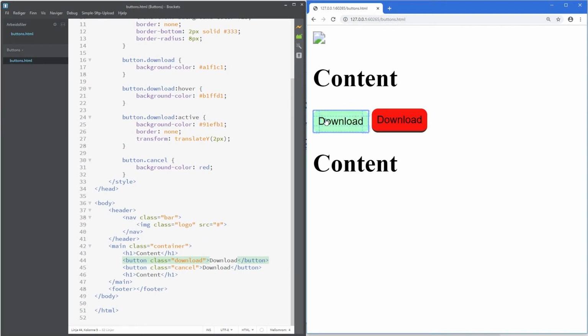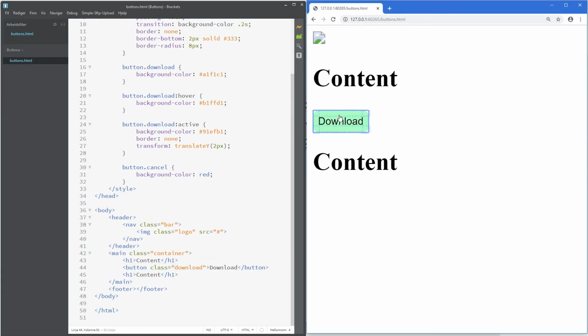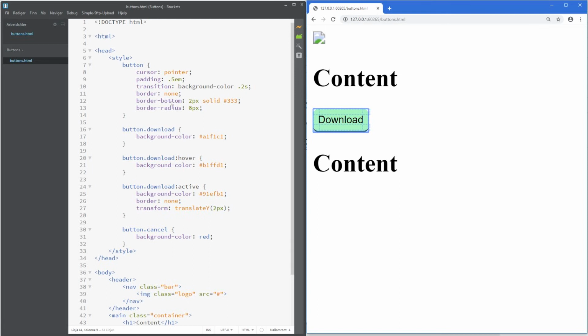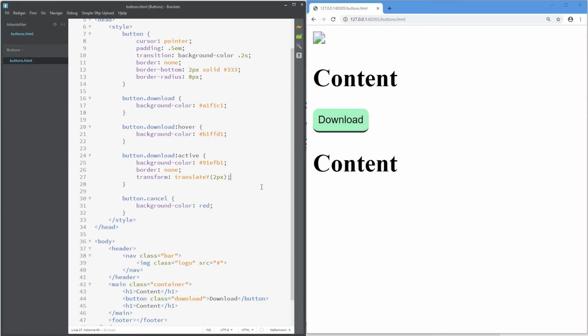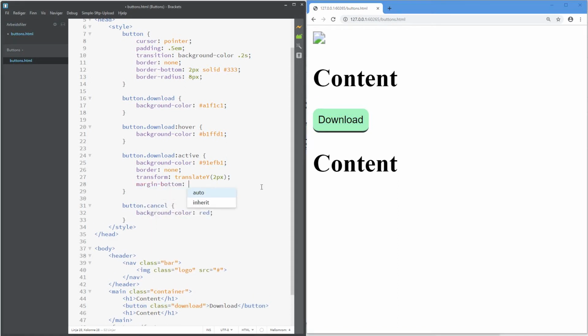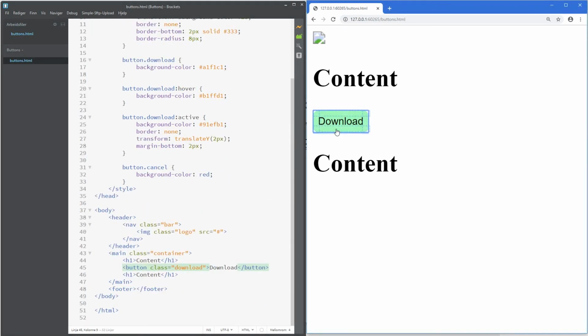Okay, I'm going to do one thing now. We're going to remove the cancel button because I want to demonstrate how this behavior can mess up the structure below. If I remove the cancel and I click this, you can see it affects the content below. Because we are removing the border, we are changing the box model of this element, making it smaller, and that causes the content below to move upwards. We can counter this by inserting a margin-bottom as well, adjusting the box model with a 2 pixel margin at the bottom, which counteracts